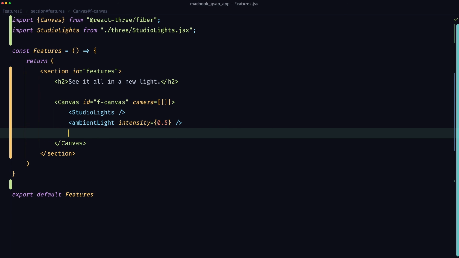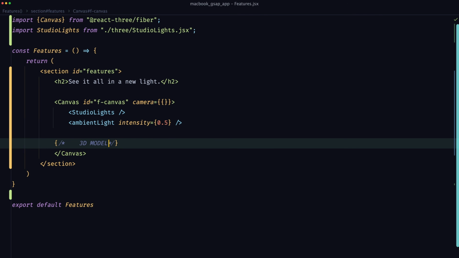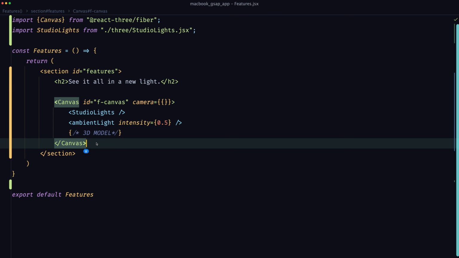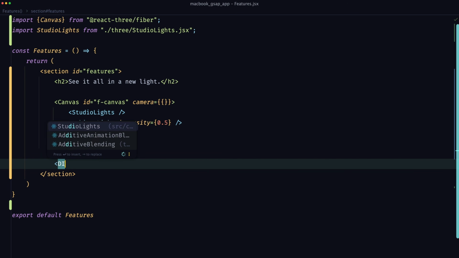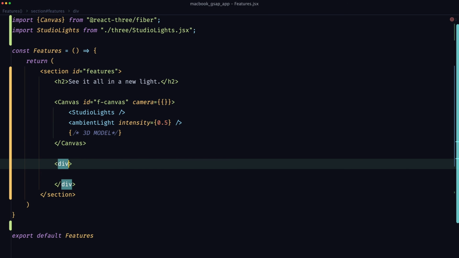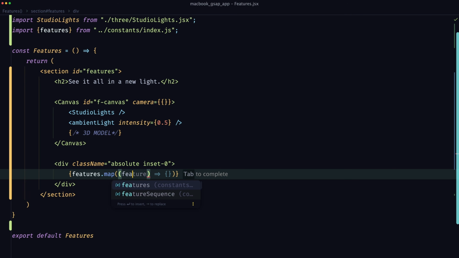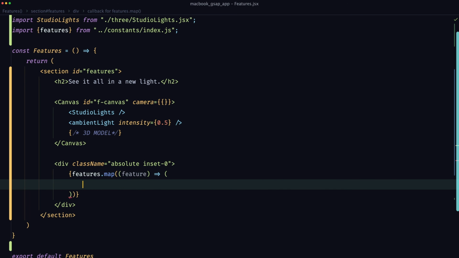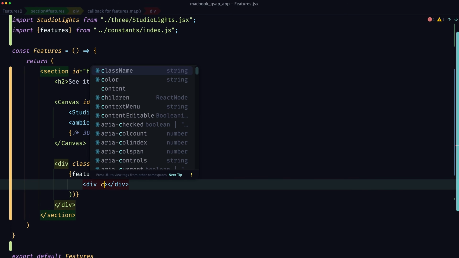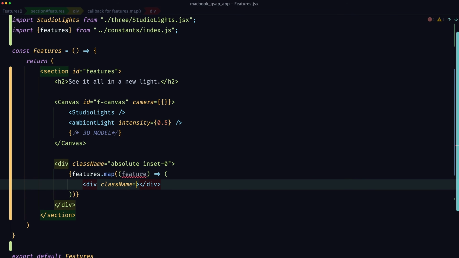And then here below, we have to render our 3D model. Before we do that, let's just display a list of features that we want to display below the canvas. So I'll render a div, and that div will have a class name equal to absolute, because it's going to show outside of other elements in the screen, and inset-0. Within it, we can map over our features coming from constants. And then for each feature, we can automatically return a div with a class name equal to